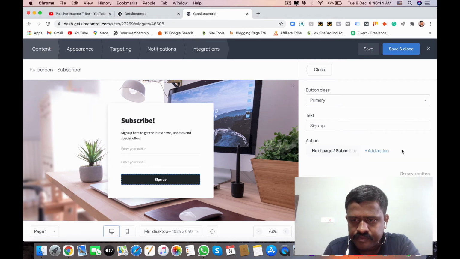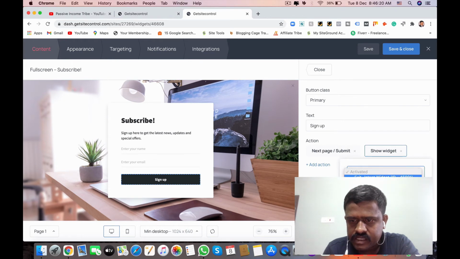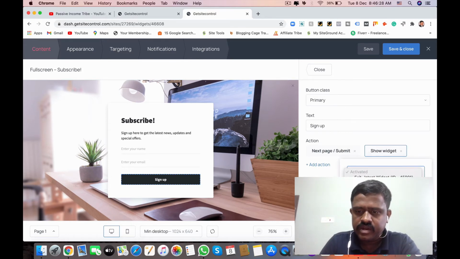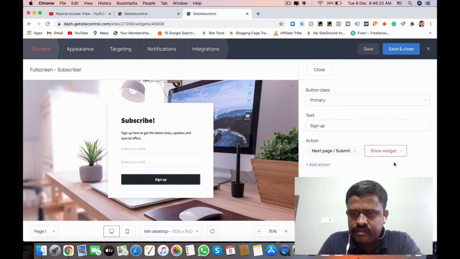So for the widget, you can choose exit intent widget and main widget. Okay. If you want to show another widget, you can give it like this. Then open URL.